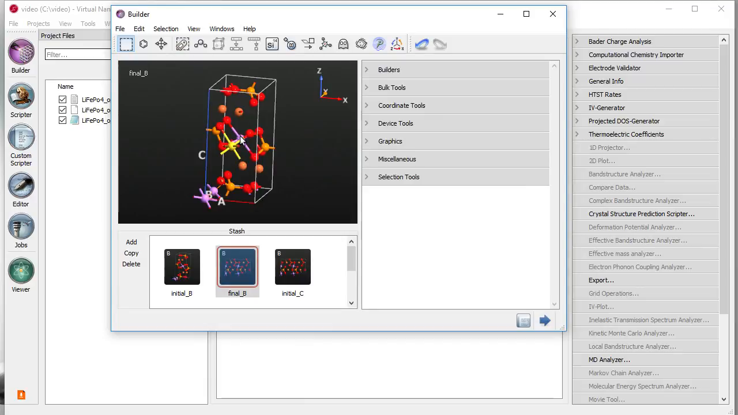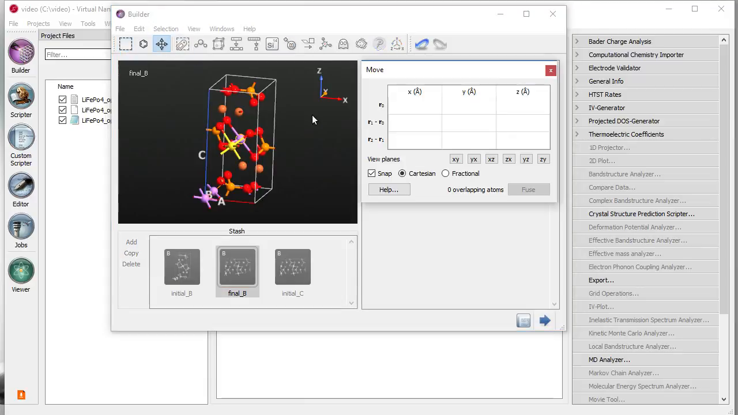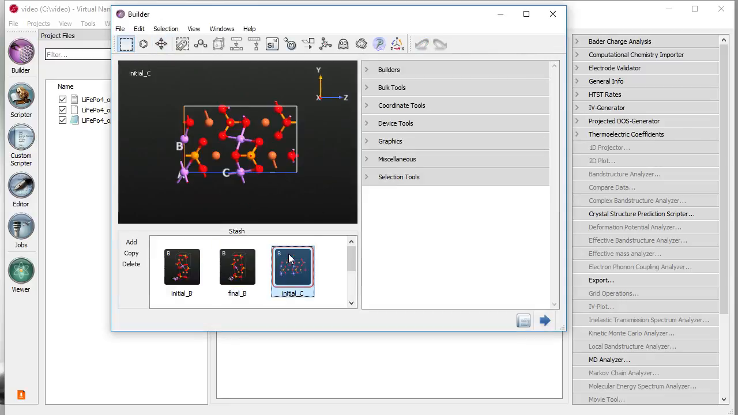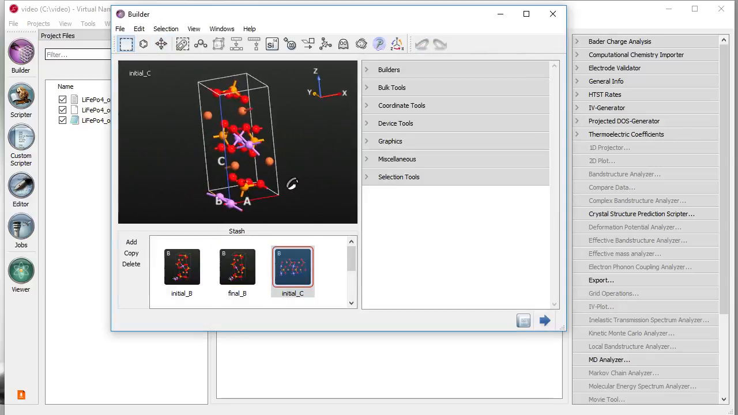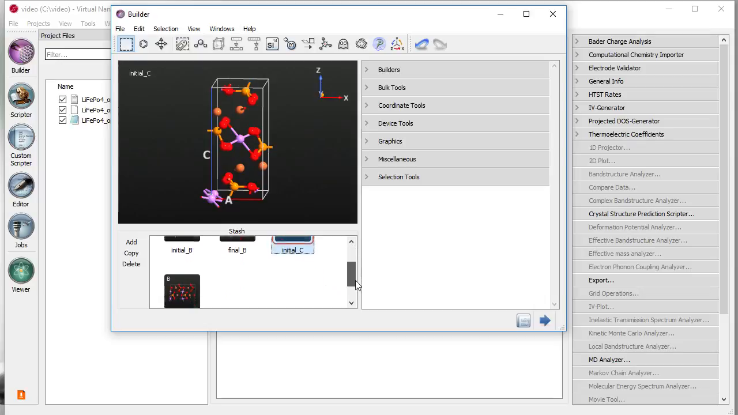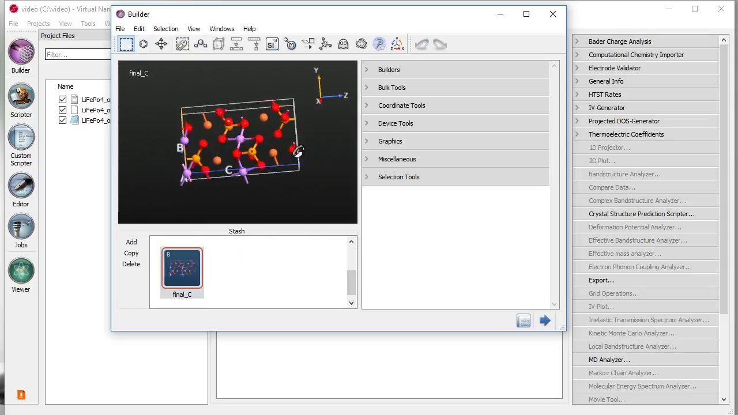I want a lithium atom to diffuse into that vacancy. So I mark it gold in order to just use it for visual purposes, and then I drag this lithium atom onto it and fuse it. So that's diffusion from here to there. And for the diffusion along C, again I need a vacancy right there, and the final structure, then